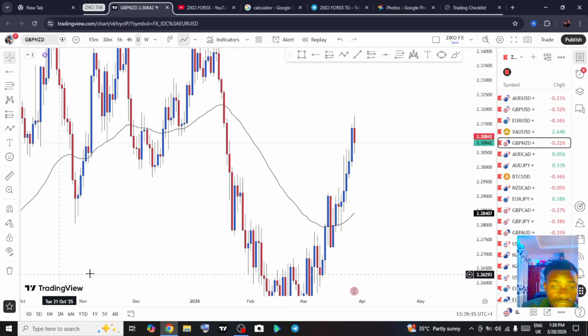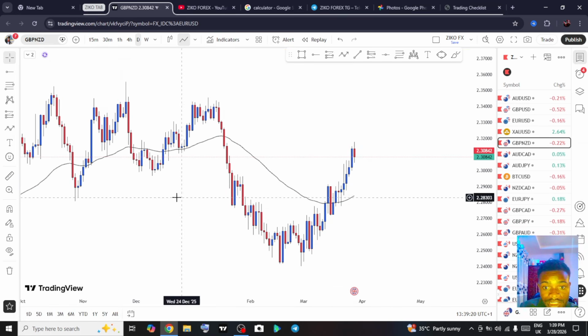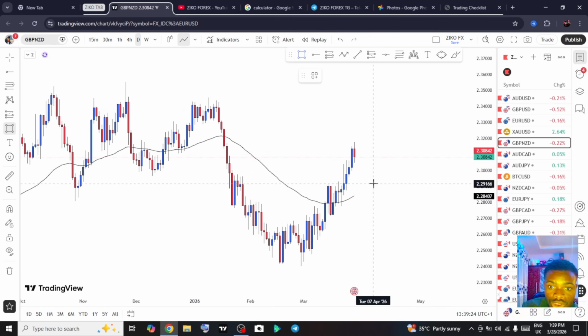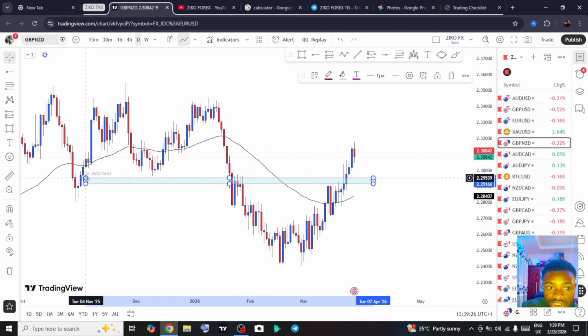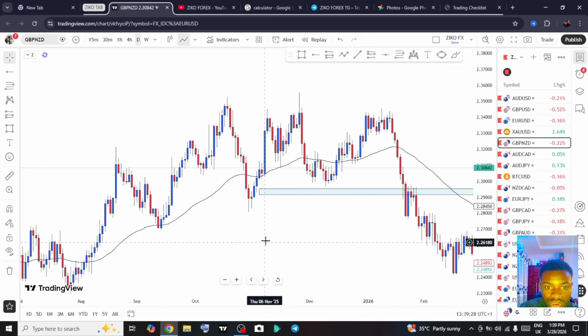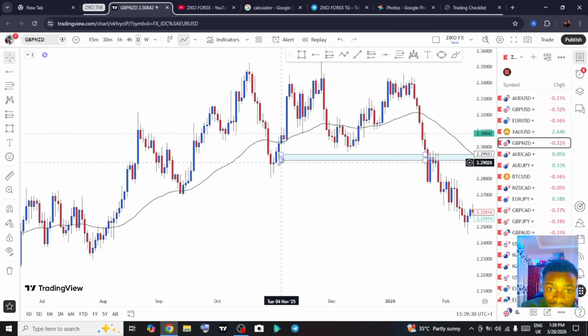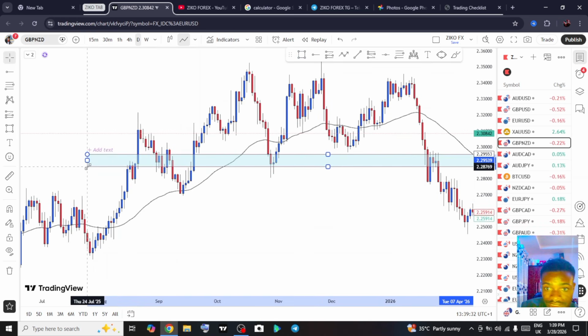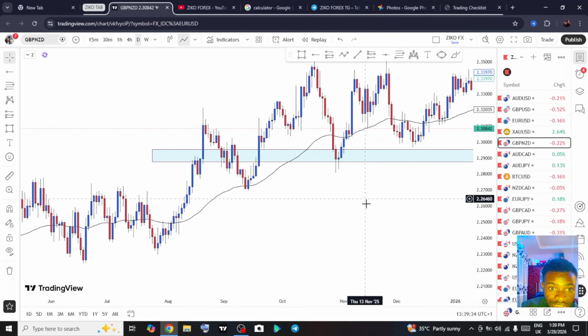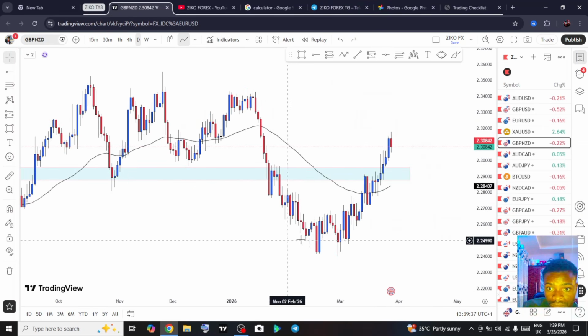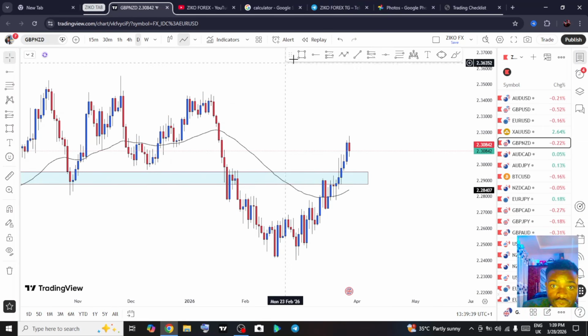I still believe this market would continue buying, so I'll show you exactly what I'm seeing right here. Daily time frame is bullish. I told you guys last week daily time frame was bullish, and it was just the volume that made me not really take that trade. I saw the market and I was active, even if I told you guys I was writing exam, but I was actually on the chart, right? So I still believe that this market will continue buying all the way to this daily structure point right here,